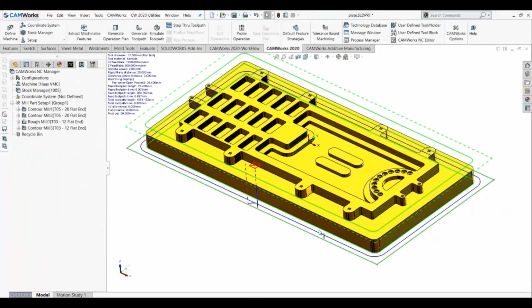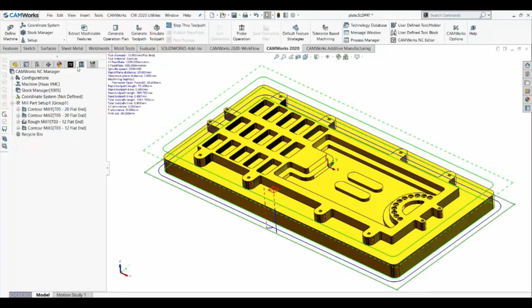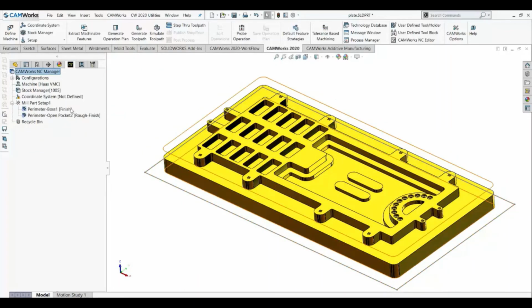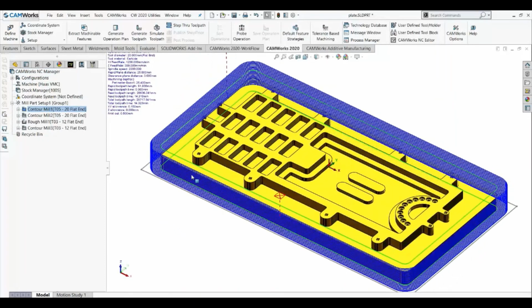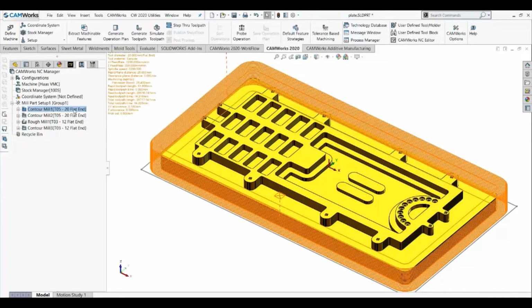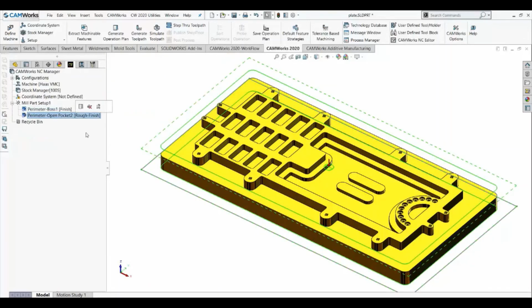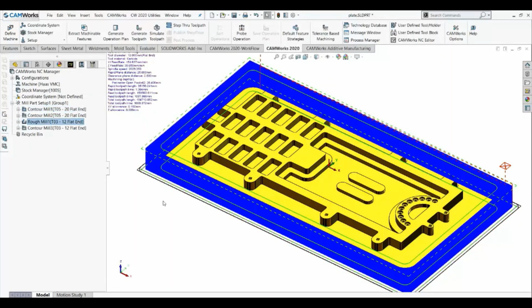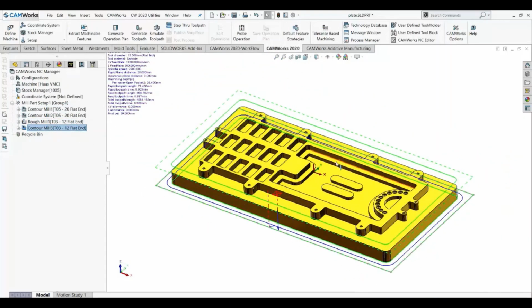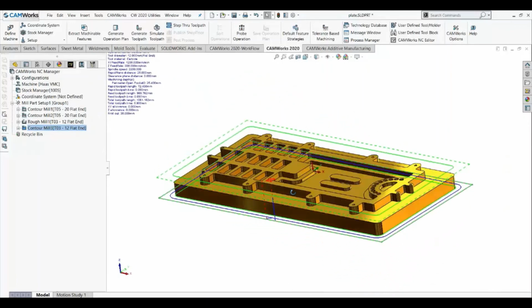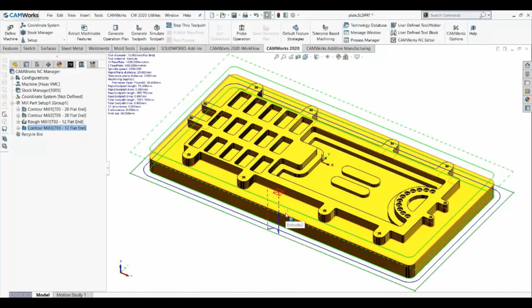So we have learned here the part parameter tool with the two options. One is boss and one is open pocket. In boss you will have only one toolpath, that will be the final toolpath on the wall of the finished model, right? But if you have excess material and you need to remove it with small cutters also, every time you cannot run a big cutter, then you can have an open pocket tool wherein you can select the roughing toolpath and you can generate the toolpaths, and you can finish it off finally and get the better surface finish. So in this way you can remove the extra material from the sideways, right?